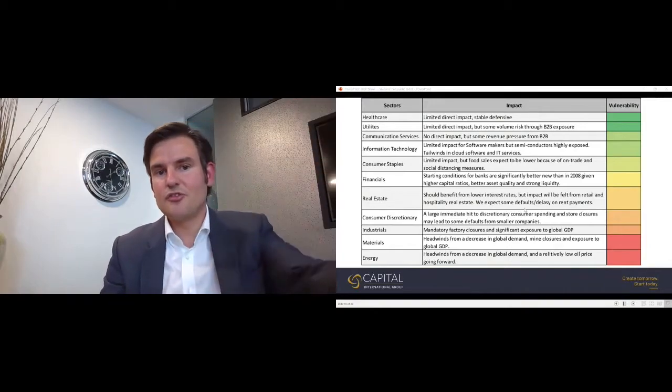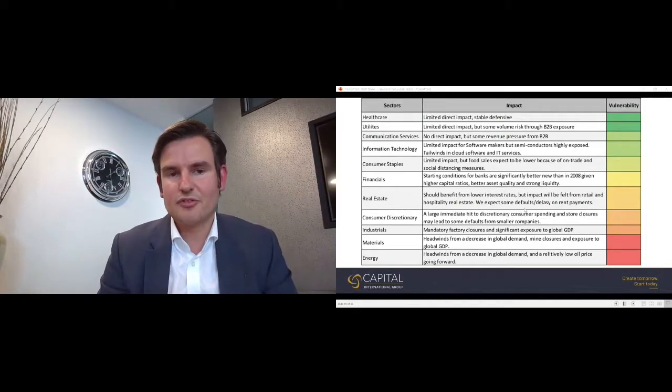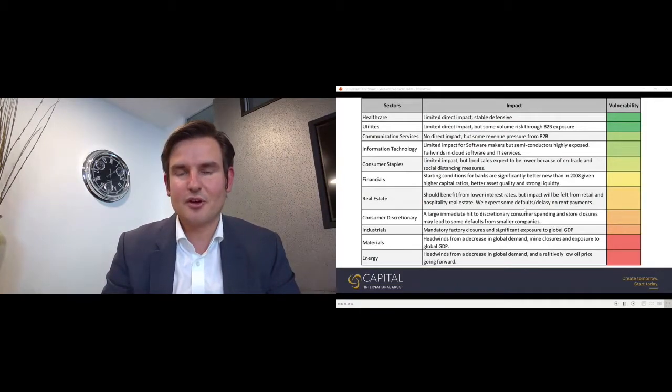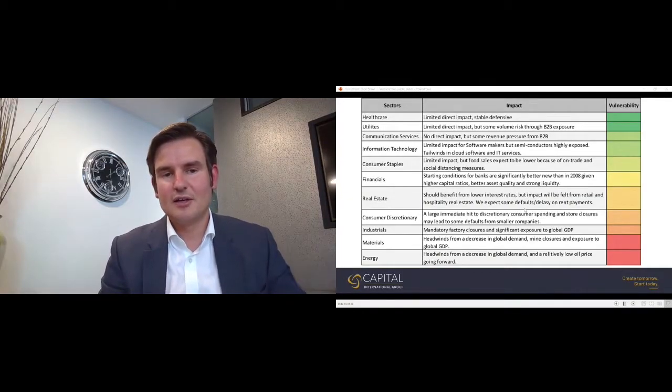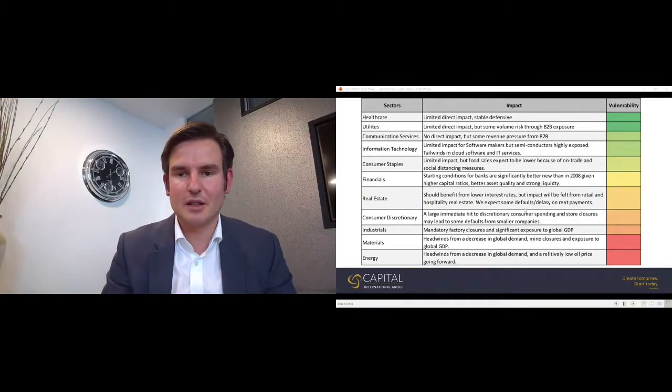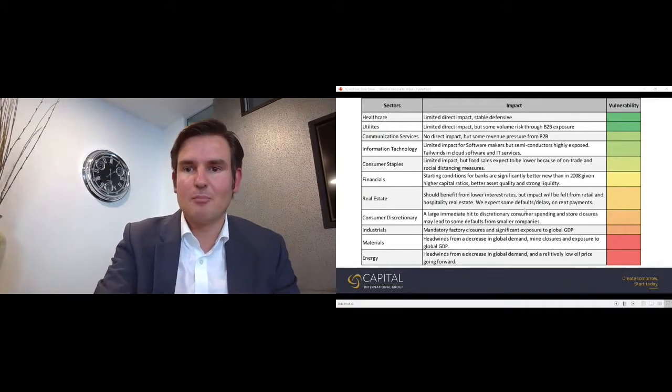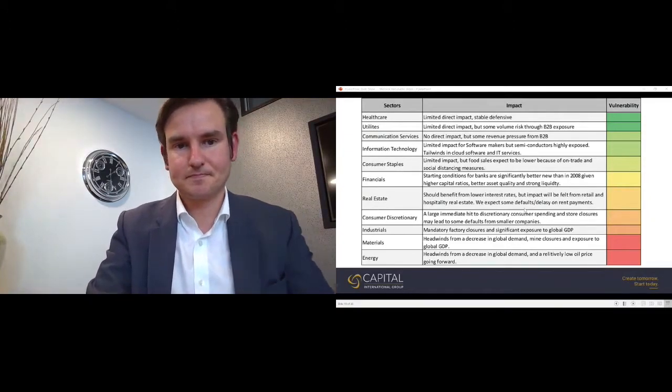COVID-19. And you can see the sort of sectors that you'd almost expect to see that are less vulnerable. So information technology, communication services, utilities and healthcare, financial sitting somewhere in the middle, real estate as well, maybe just lower than it was, but noticeably that materials and energy have become most vulnerable.